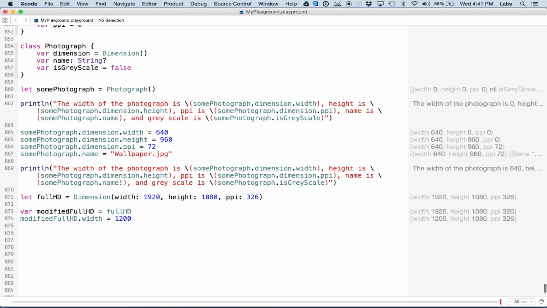Classes, on the other hand, are passed by reference. So when instances of classes are assigned to a new constant or variable or passed as an argument to a function, they are not copied, but instead a reference to the existing instance is passed. So for example, let's say I have let another photograph equal to some photograph, and if I say another photograph dot name is equal to swift.png,